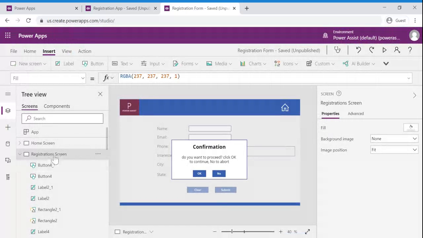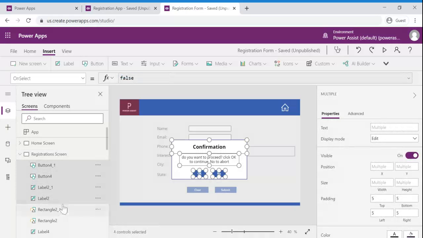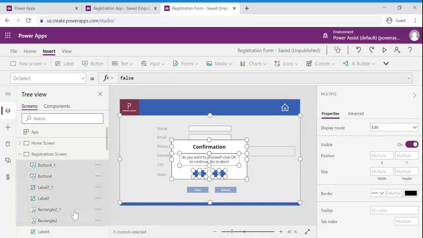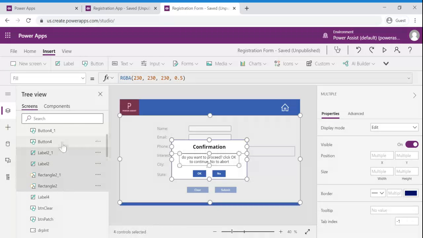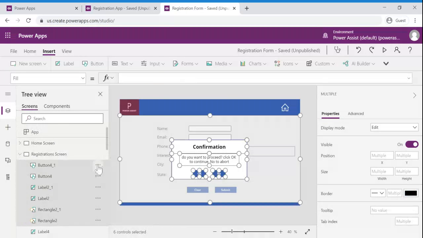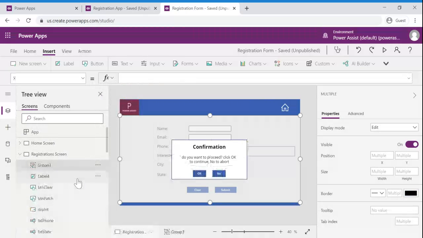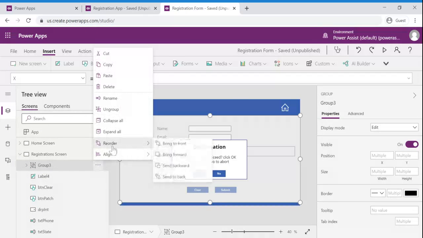For time being and to have better control on this, I am going to make all these controls which we have created for a pop-up reference as a group.